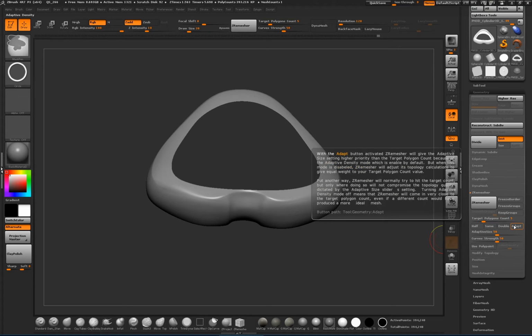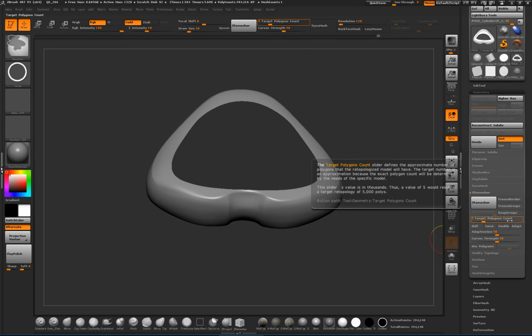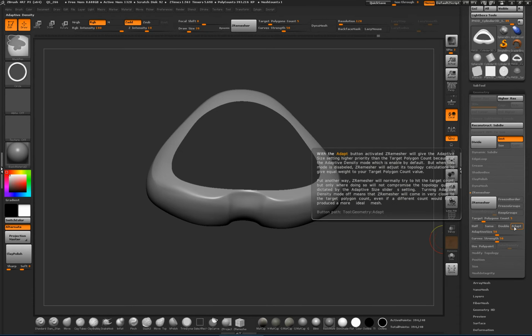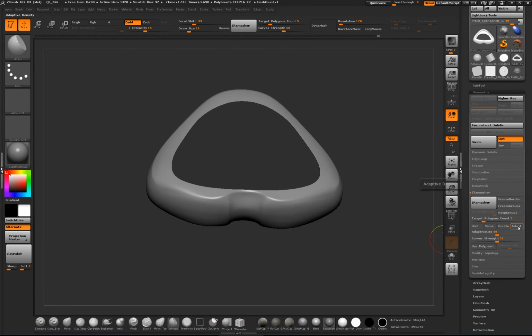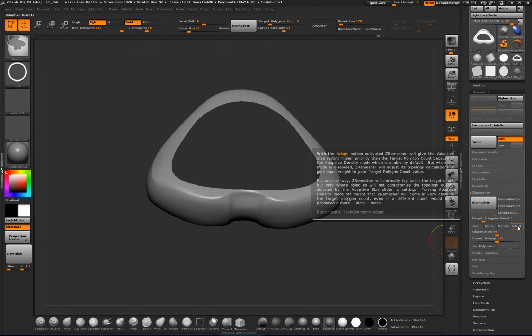Really informative. So the Adapt button will basically let the poly count get higher if ZBrush needs it. So let's say you try to take something really complicated with a lot of detail and you're trying to ZRemesh it or give it new topology that's very, very low, and it's having a hard time. If you turn on Adapt, it'll focus more topology. So it'll probably blow this target polygon count out of the water, but it's great in a way because it saves part of the silhouette to try to keep the topology in areas where it's really, really needed. So if 5,000 isn't enough to bring your shape down, then it'll try maybe 7,000, 8,000,